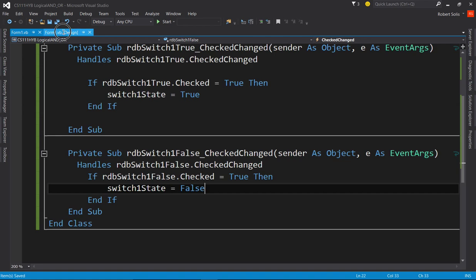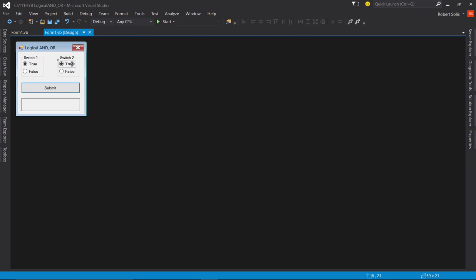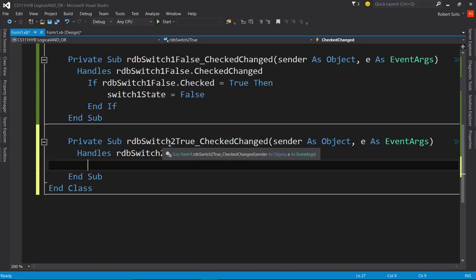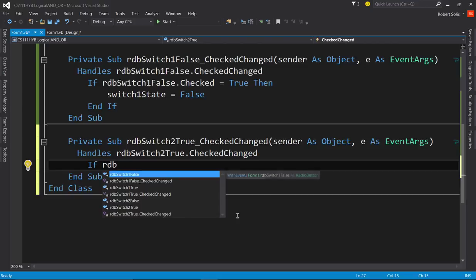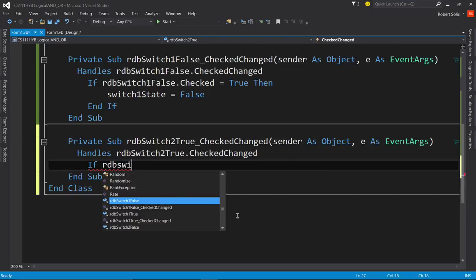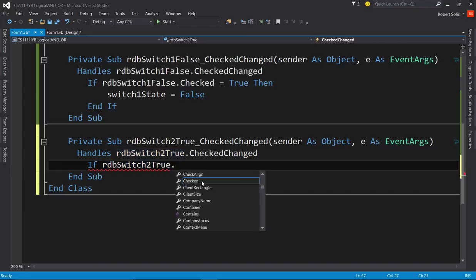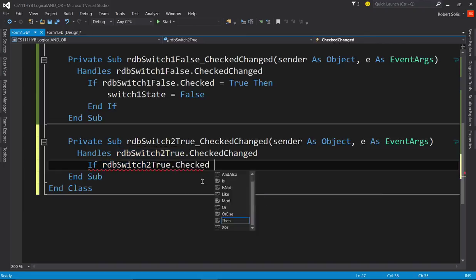All right, so that takes care of these two buttons. How about this one over here? Let me double click this one for switch number 2. Here's the code that I just typed. But now I clicked switch number 2. So I'm going to say if RDB, that radio button of the one that we just clicked, for switch 2, and it was the true radio button that I selected, dot checked is equal to true, then, so in